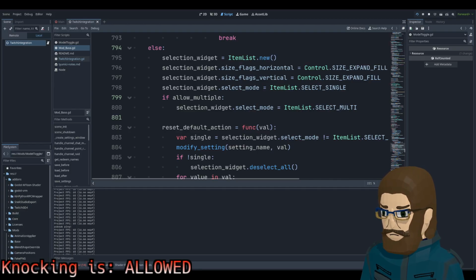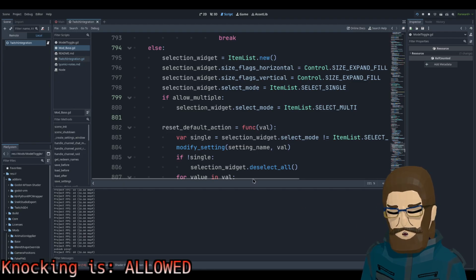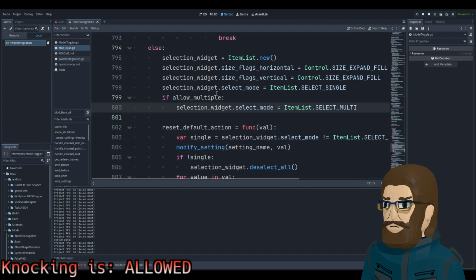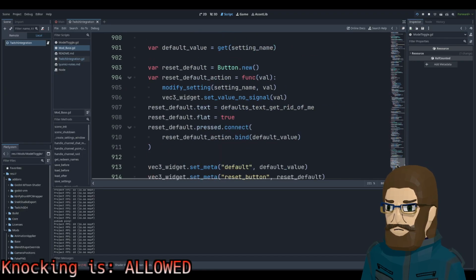Also, are we still getting, hold on, let me scroll up. Pub sub, where are the jewels at? Because it did register the both of you sending that, right? Yeah. Although, it still seems like too many. I don't know what's up with that. Yeah, so mod base is a large one. There's a lot happening in here.